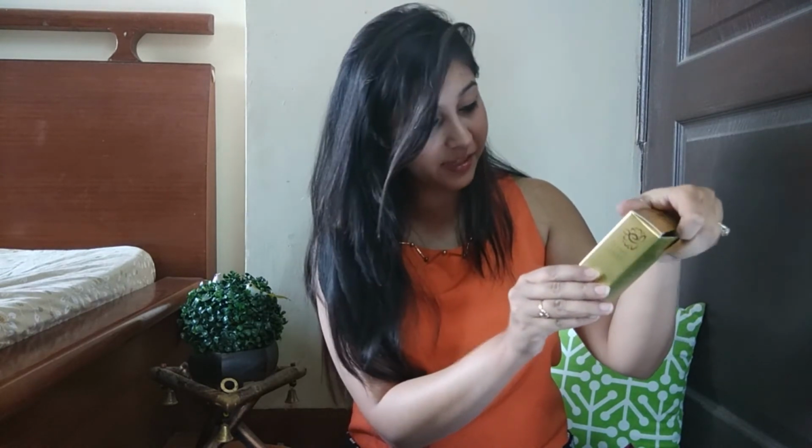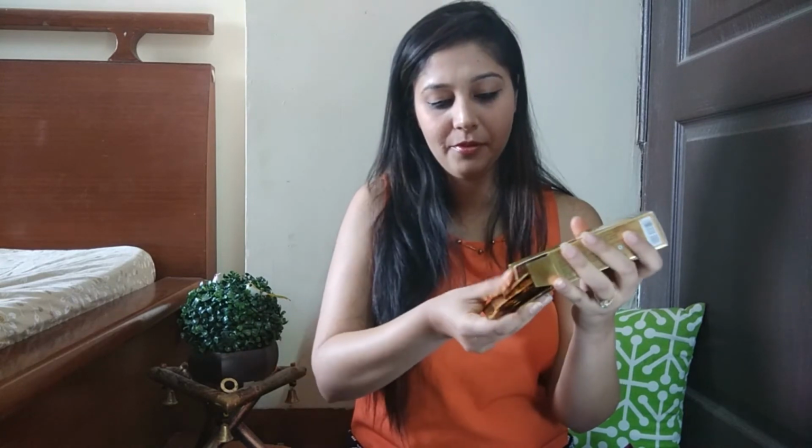Okay, next we have this Vedic Line Gold Facial Pack. Now I have already used this one before and I know that it is of a really good quality. This is supposed to give luster and glow to your skin. This is the proper facial kit which you can use at home. Wow, there are 6 different packages in this. So we have the massage gel, the scrub, the pack, moisture serum, cleanser and cream. Wow, thank you so much Glamego box. I know I'm really going to enjoy this. By the way, that was priced at Rs 350. And lastly, we have